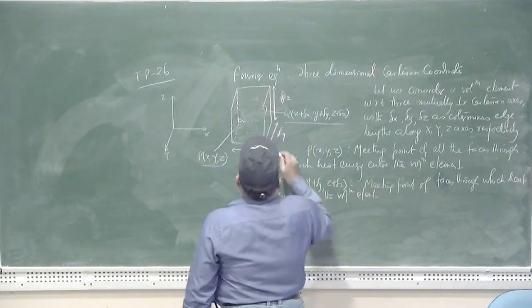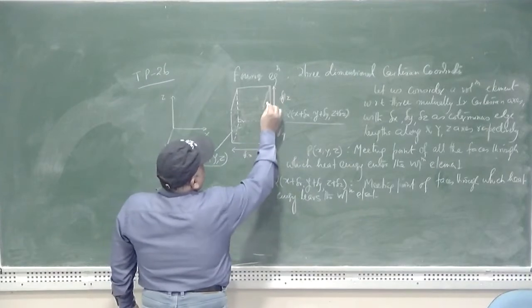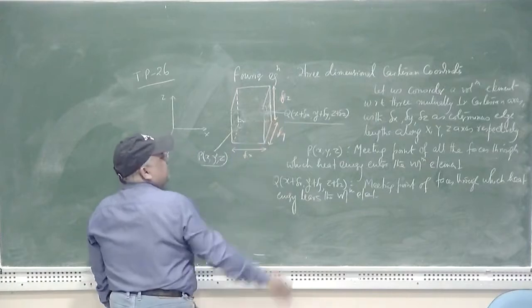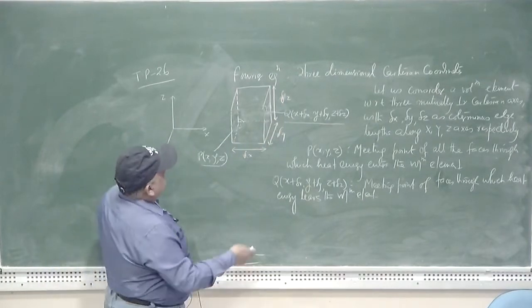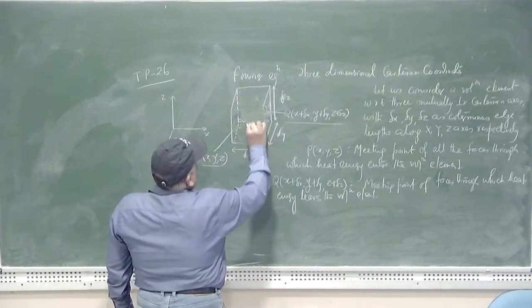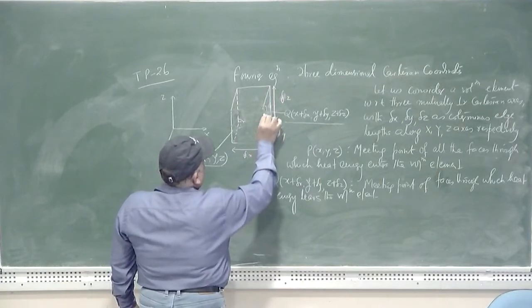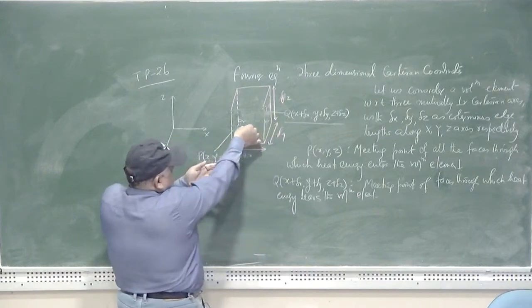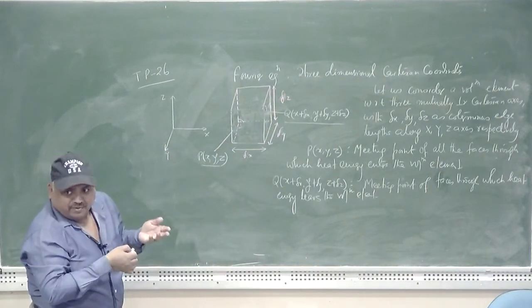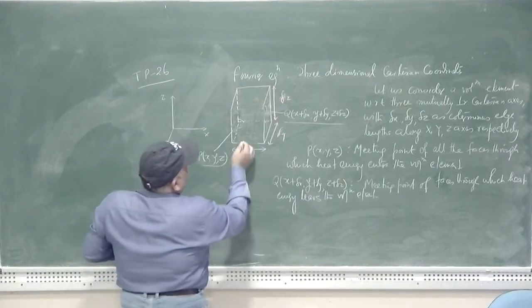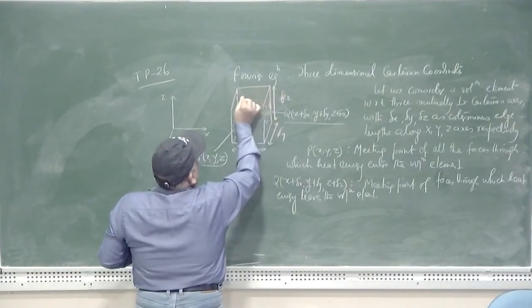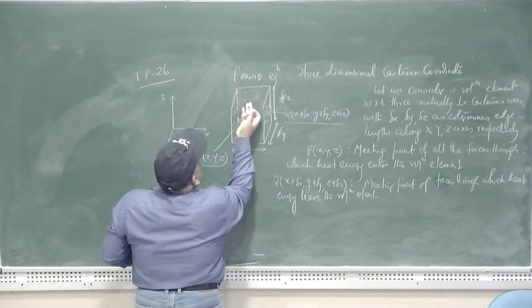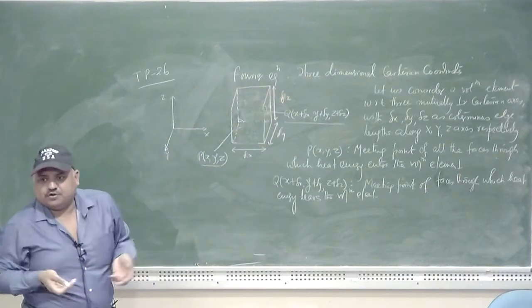You can see here, Q is the meeting point of this surface which is responsible for releasing heat energy along the y-axis. Secondly, this face is also meeting here. Through this surface, the heat energy is being released from the volume element along the y-axis, and this is also a meeting point. This is the meeting surface through which heat energy is being received or released from this volume element along the positive z direction.